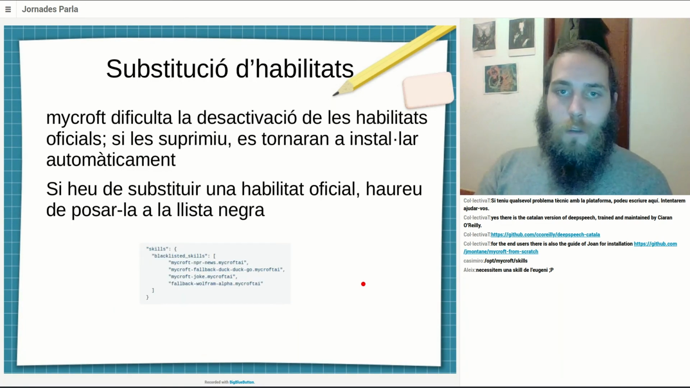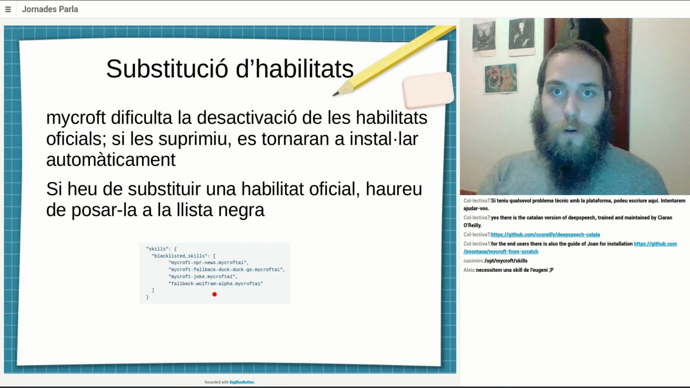Yeah. So some of the skills from Mycroft. When Mycroft loads, it will install any of the official skills that is not present. So if you delete the Mycroft skill, it will appear again. So what you need to do is go to your configuration file and blacklist the skills. This will mean that those skills will not load anymore. In this way, you will avoid conflicts and can replace them with your own version that will work for you. In this case, you can see that the new skill was blacklisted